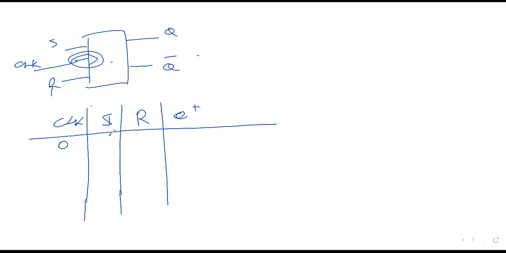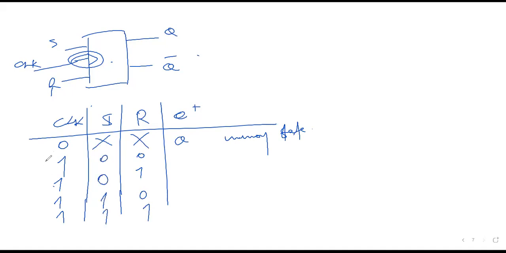So when the clock is 0, whatever the inputs of S and R, we have the memory state. However, when the clock is 1, the RS flip-flop behaves like the RS latch. 0, 1, 0, 1, 0, 0, 1, 1. When clock is equal to 1, latch is equal to